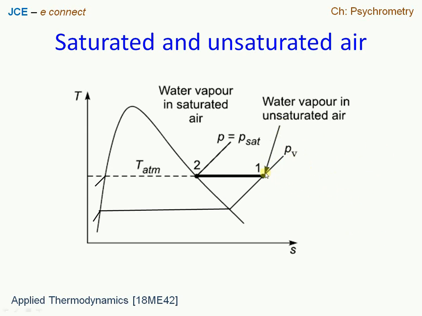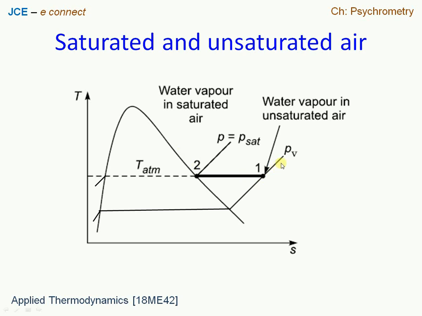So this vapor at state point 1 gets saturated when it approaches the saturated vapor curve at state point 2. This is the point where the pressure is the saturation pressure of the water. So the vapor is going to get completely saturated at state point 2. That means the partial pressure of vapor is lesser compared to the saturation pressure of the mixture. So that is the meaning of